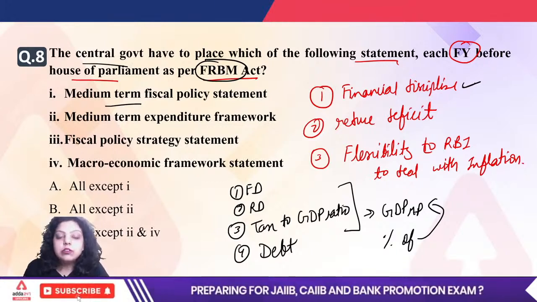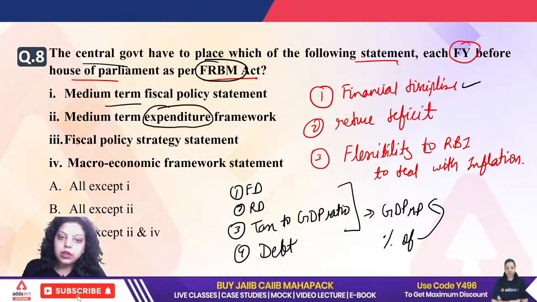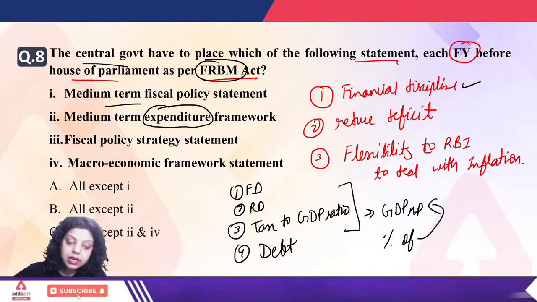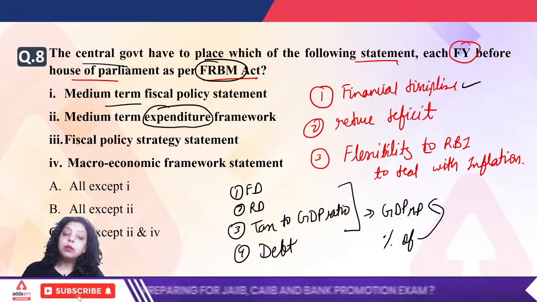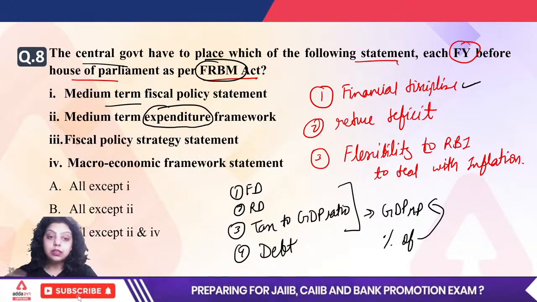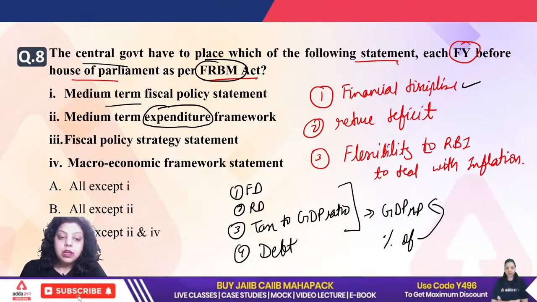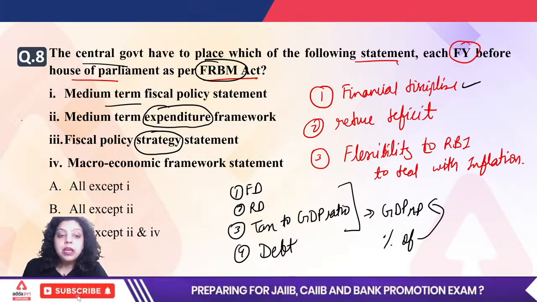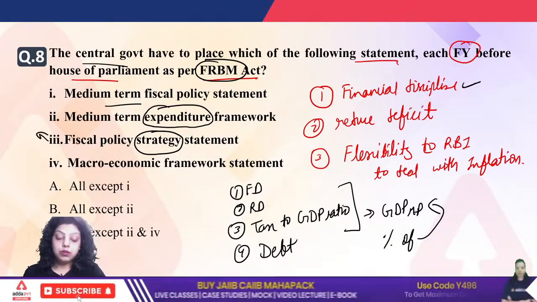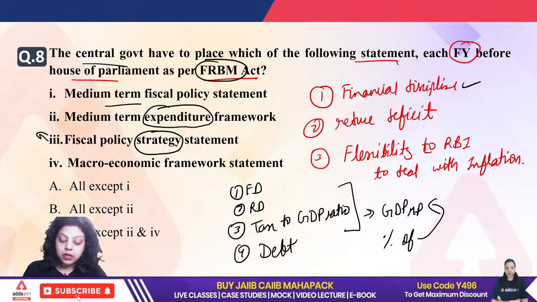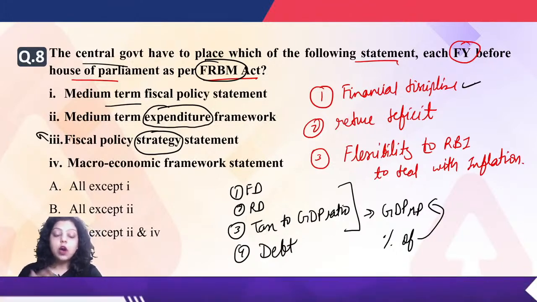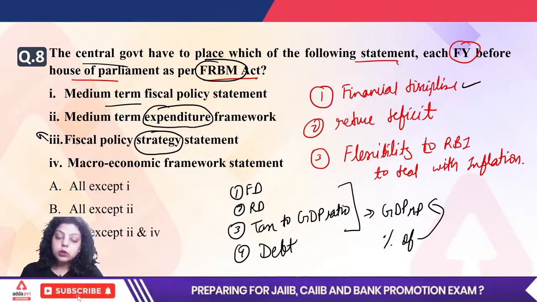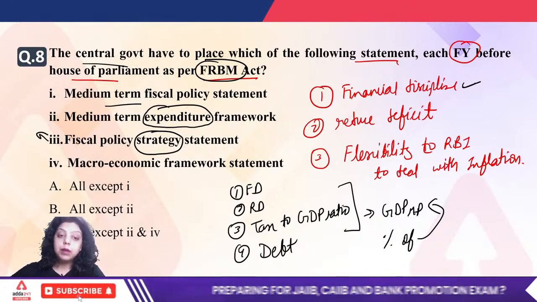And the second statement, as you can understand by the name only, gives the expenditure framework of the government of India, that is, how much amount will be expended by the government of India in different sectors in the coming financial year. Now the fiscal policy strategy statement is one in which the government of India tells about the overall strategy of the fiscal policy, that is your budget, in which the government tells which sector will be prioritized, the investment or taxation, borrowings, and how much these things are going to change the fiscal policy strategy for the upcoming financial year.